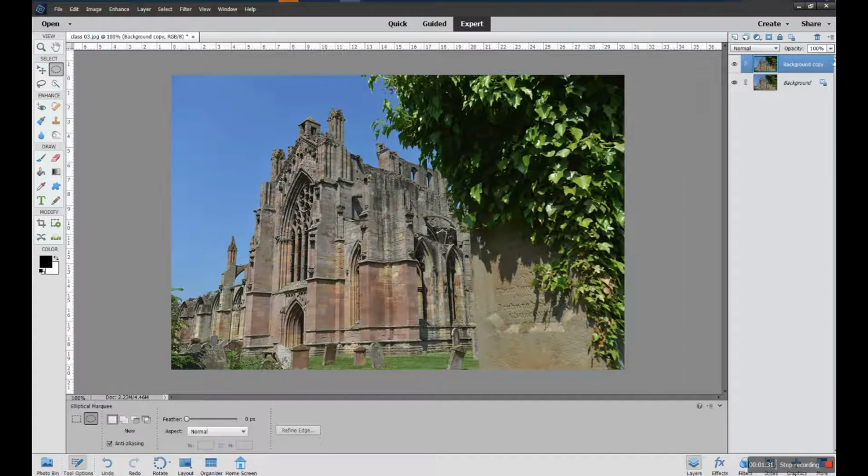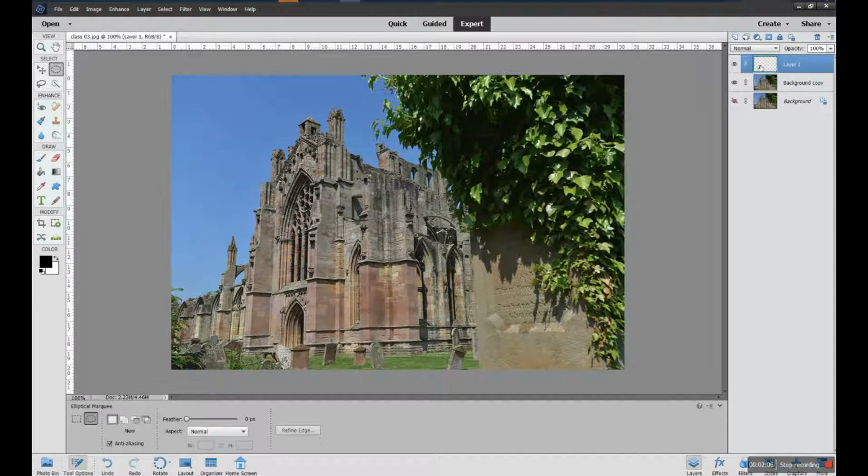So I've got two pictures much the same. The actual background, the original picture, I can switch off, and I'm only really needing to worry about the top one. And now what I'm going to do is create a new blank layer, a new layer with nothing in it. That's the very first choice you get in the layers options at the top of your picture area. There'll be little options along here for what you can do with your layers. I'm going to go to the first one, create a new layer,